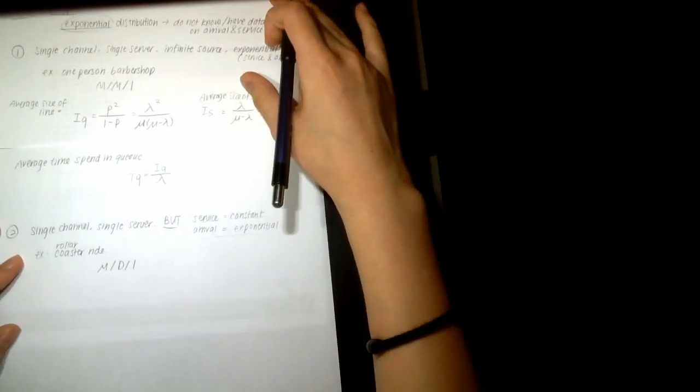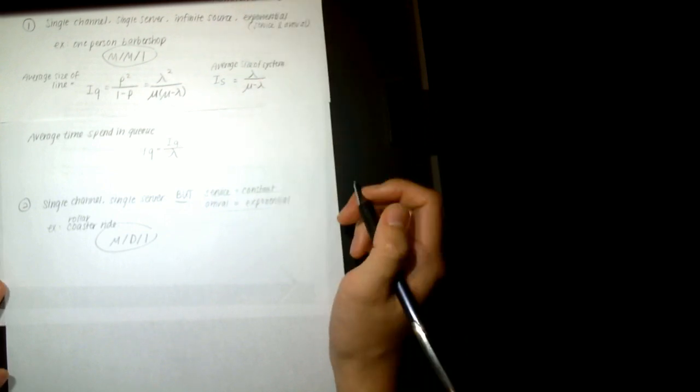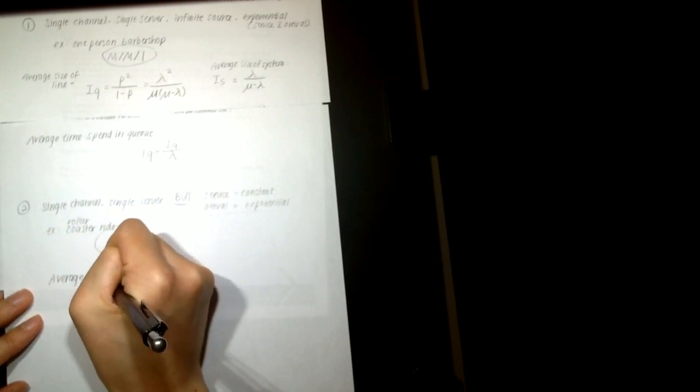And he calls this the MD1. So this one is MM1. This one is MD1. Okay. So here, the average size of the line is calculated by